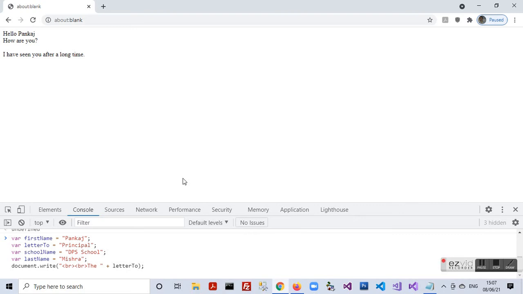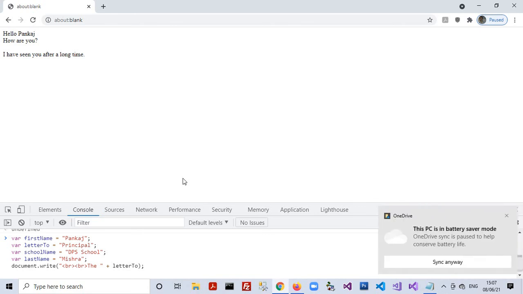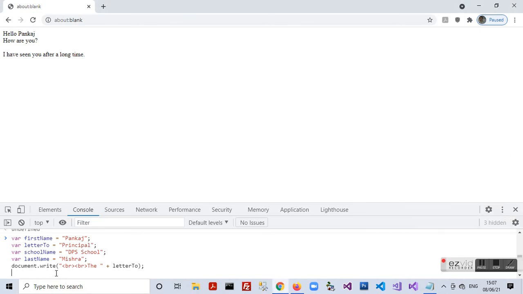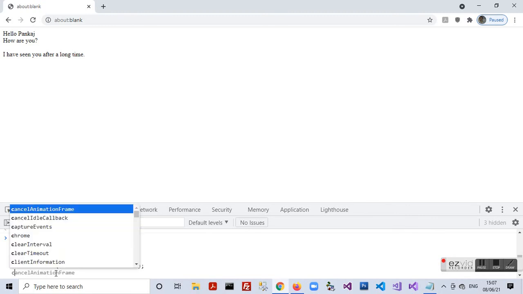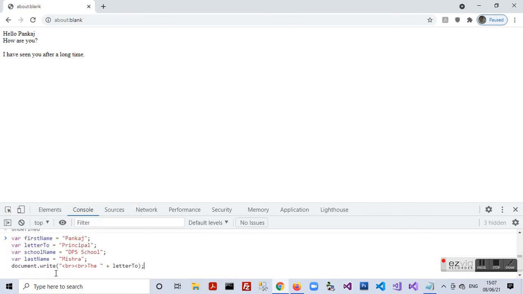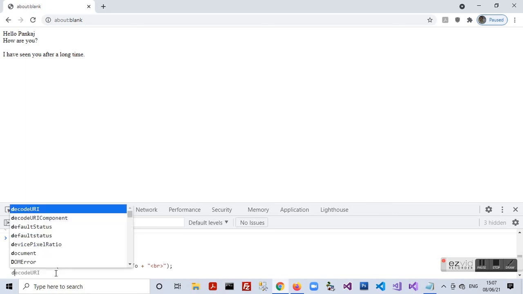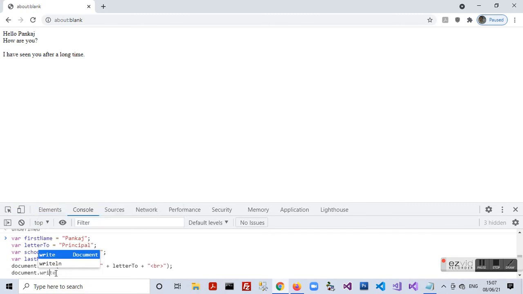Document dot write again. So after letter 2 we again insert a break tag, so the next line comes beneath.